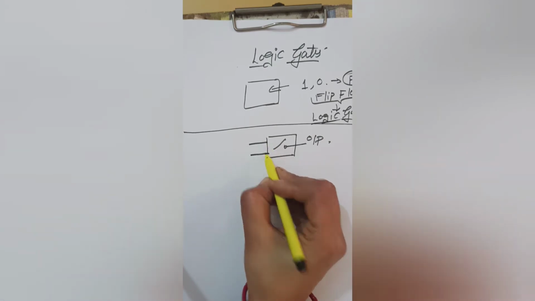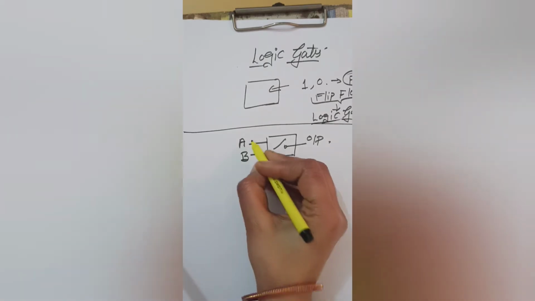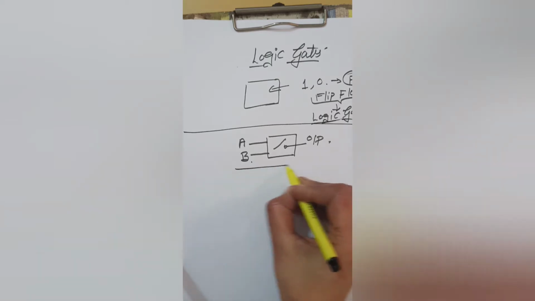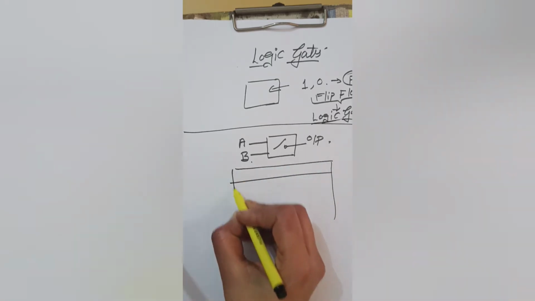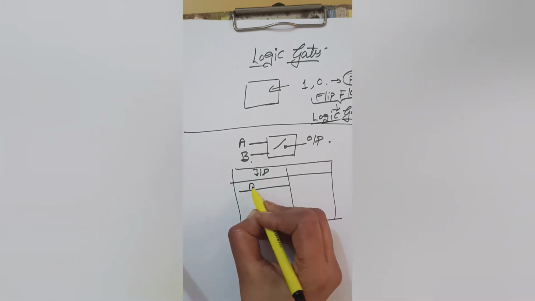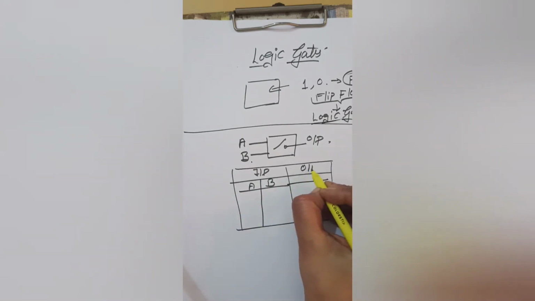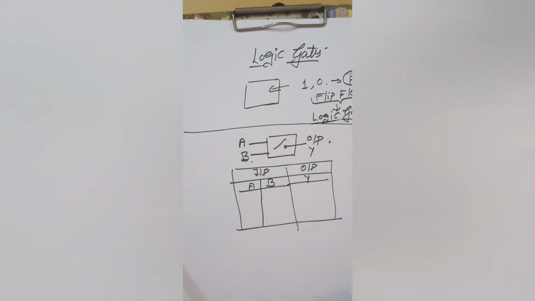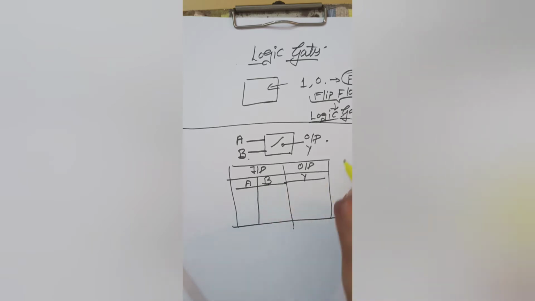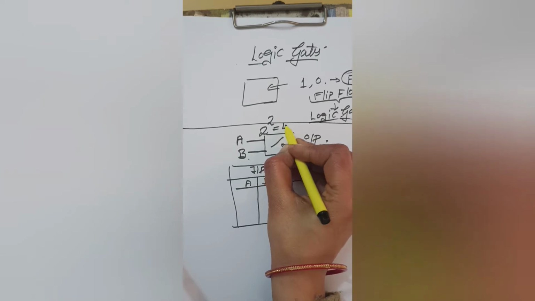There are two inputs of the logic gates, consider them as A and B. These two inputs either may be 0 or may be 1. So let us identify what may be the truth table of these inputs. I have two inputs, one named A, another named B, and I have to check the output, that is Y. So what may be the number of combinations for two inputs? For two inputs, the number of combinations will be 2 to the power 2, that is 4.